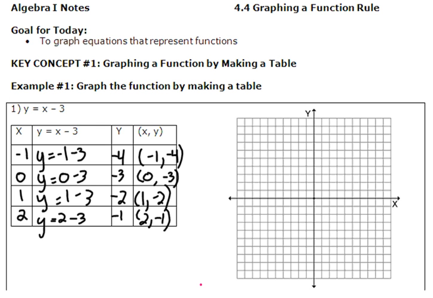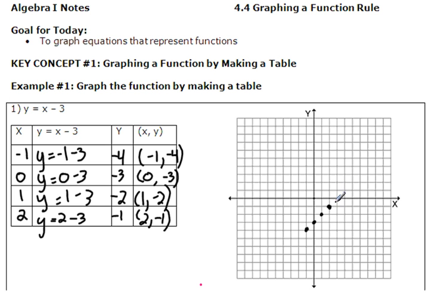Once I have my 4 ordered pairs, I'm going to plot them on my graph. So I start at -1, -4, and I make a point. I have 0, -3, 1, -2, and 2, -1. Now, when you graph a function by making a table and they're linear, you should always make